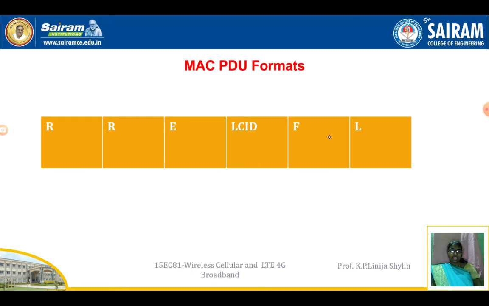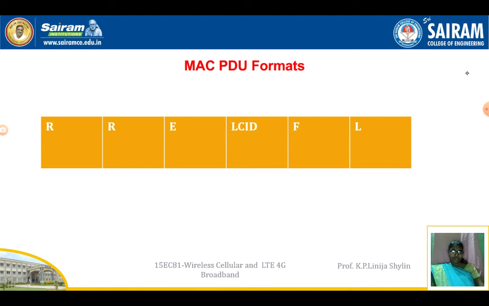Okay, that is very clear if the F field is set to 0. Suppose the F field is set to 1, that means the bytes are more than 128. If it is set to 0, the byte count will be less than 128, and if it is set to 1, it will be more. So this F field is called what? It indicates the size of the length field. Now what is the L field? That is nothing but the length of the corresponding MAC protocol data unit or control element in bytes. So it is indicated by this field.